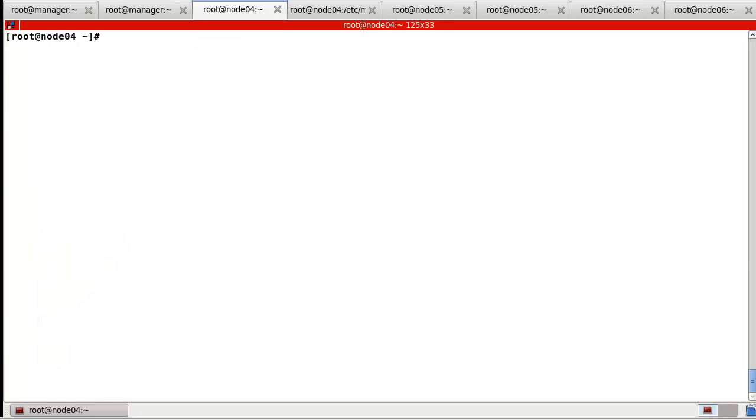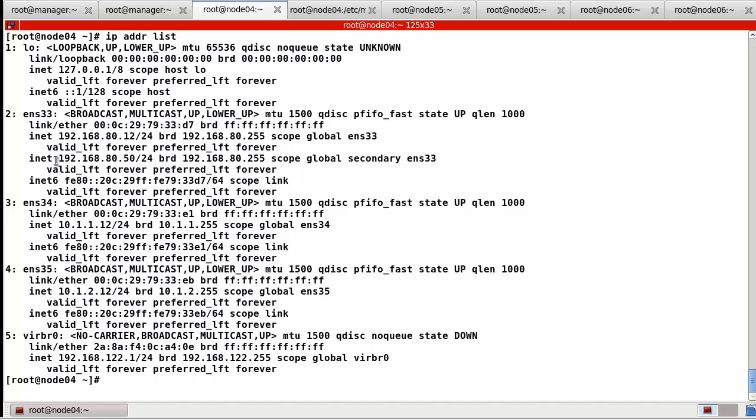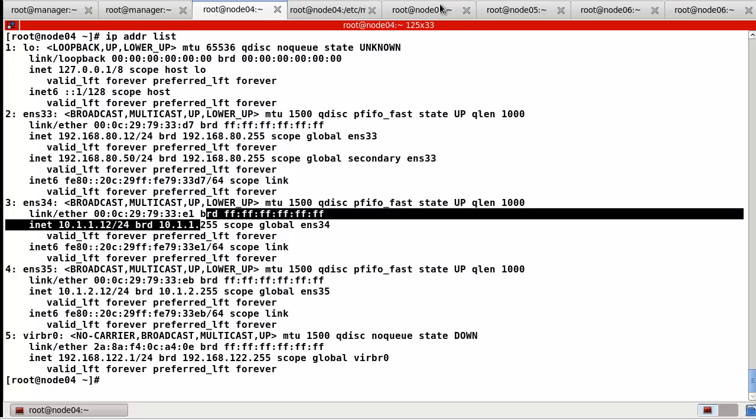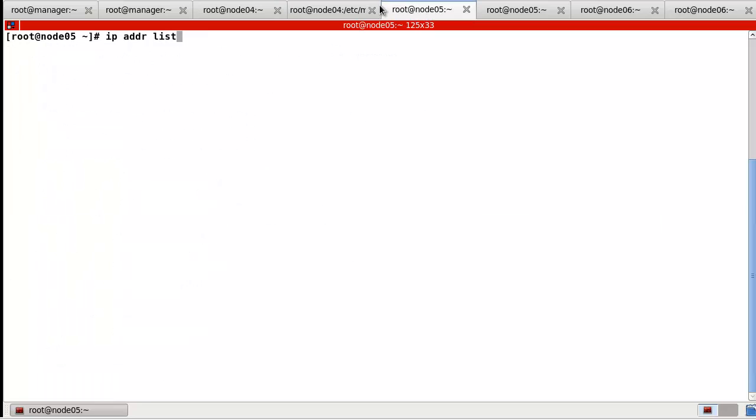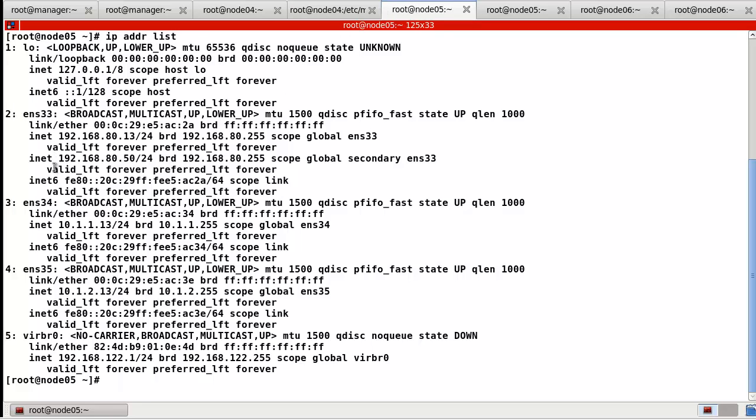First one, per each node, let's check the IP address. In my case, now using this IP address 192.168.50 is a floating IP address. This is node 4 and node 5. Also, cluster IP here started.